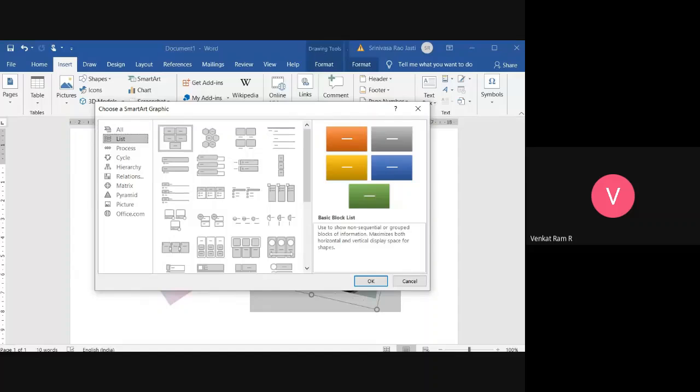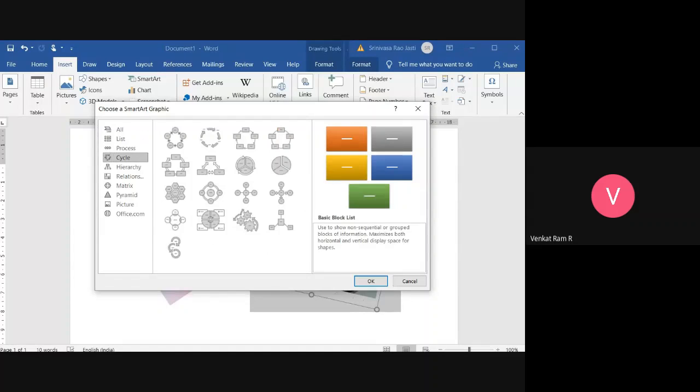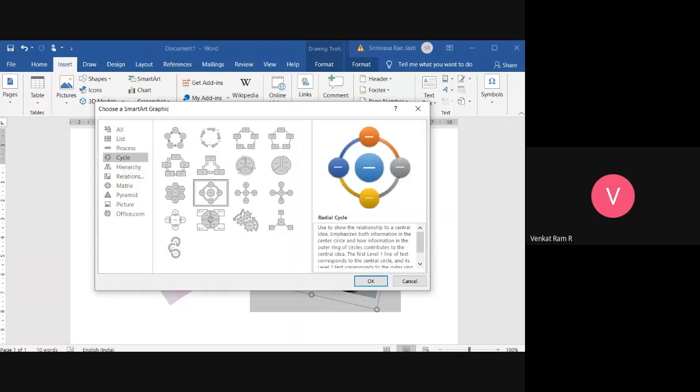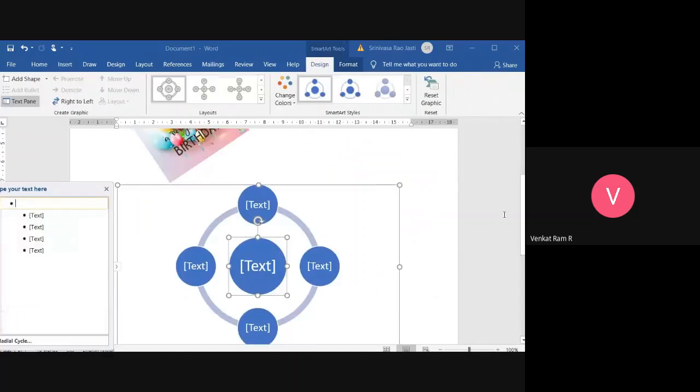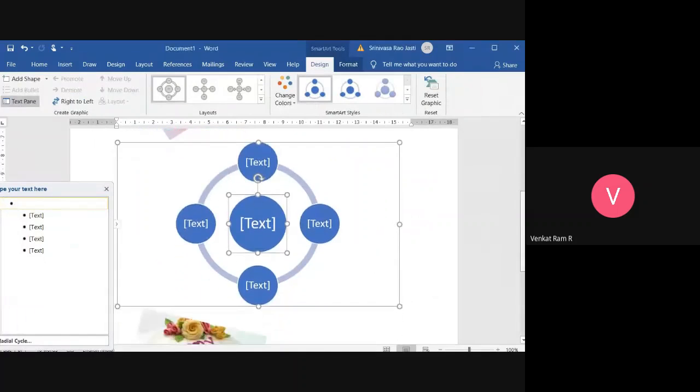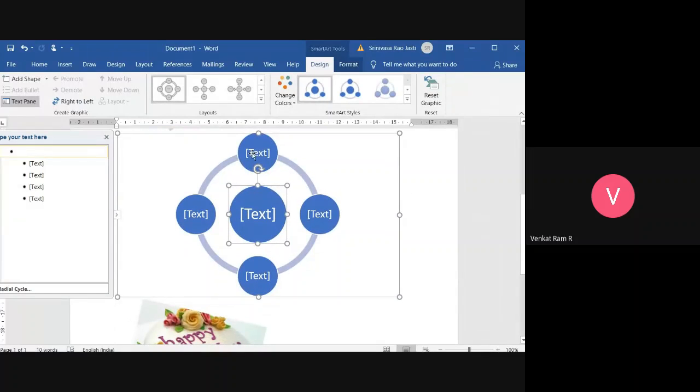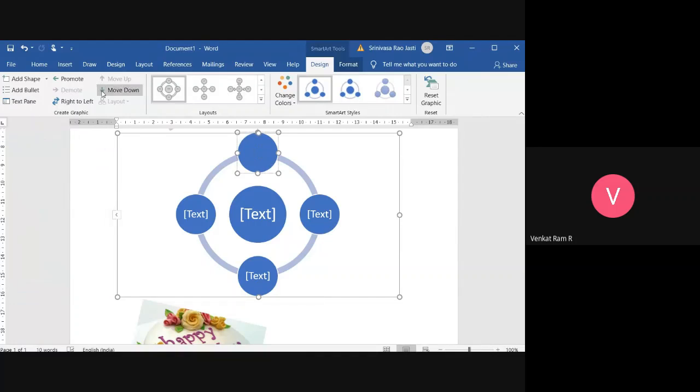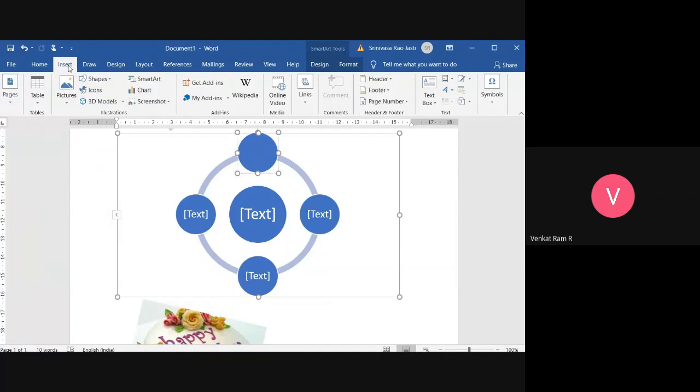See, already here some layouts are present which you can choose whatever you wish to, and you can just drag and drop it. It will be pasted. If you want any image in between, or if you want to enter the text, you can just enter it. These are the symbols or default items.